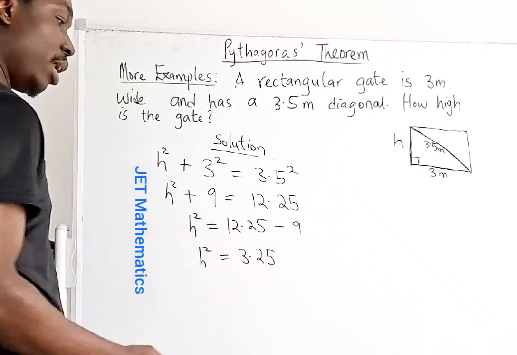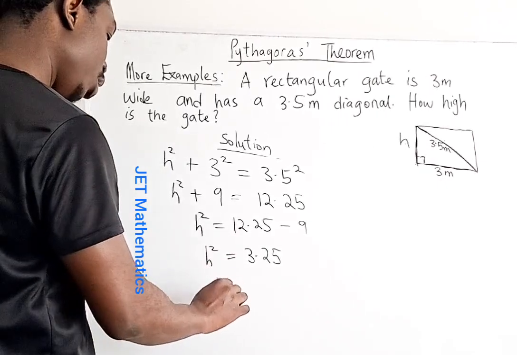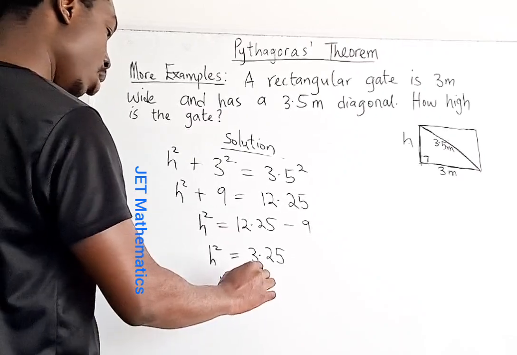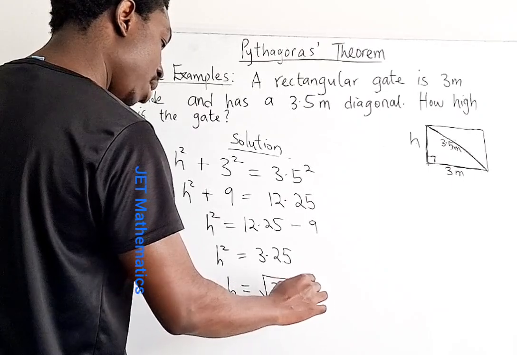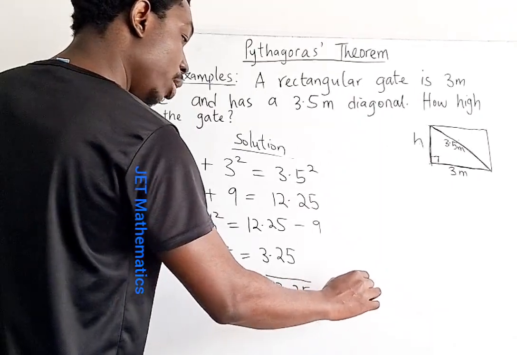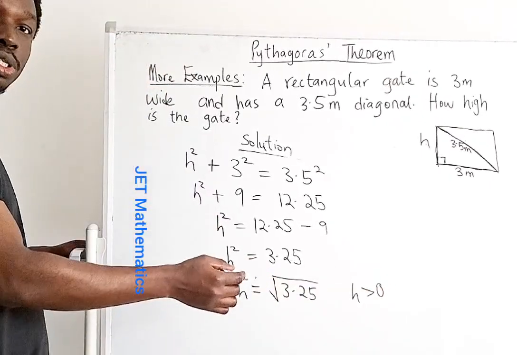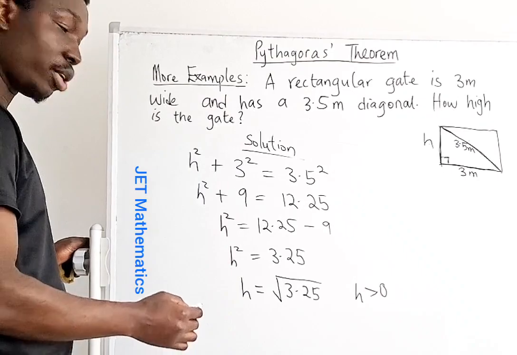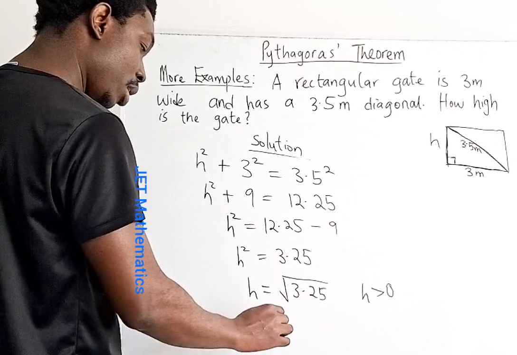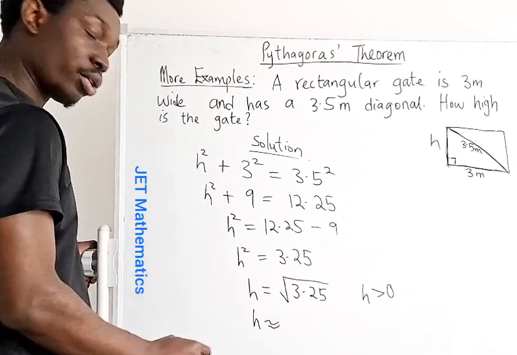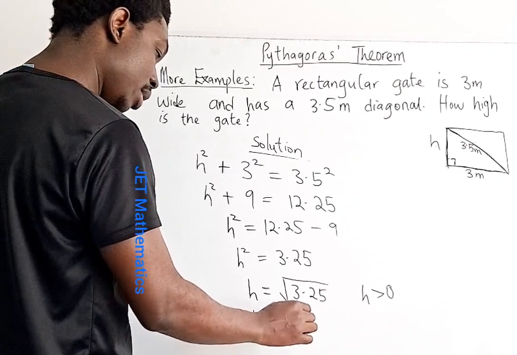3.25. And now all we need to do is to take the square root of both sides, so that h become equal to the square root of 3.25. Remember, we are taking only the positive square root of h. And so therefore we can conclude that h is approximately equals to, when you take the square root of this, we're going to have 1.80